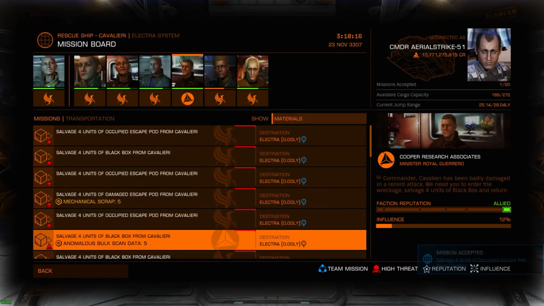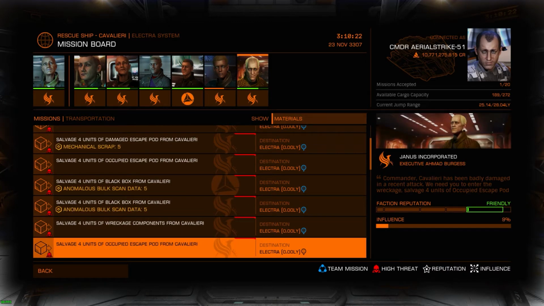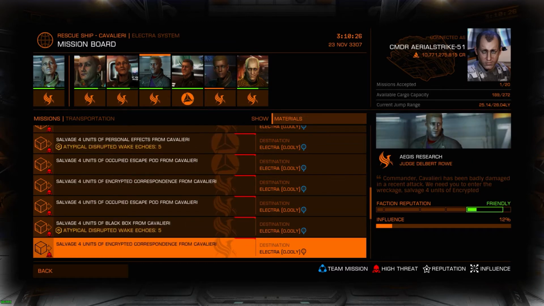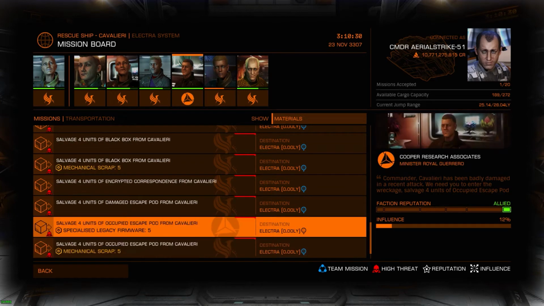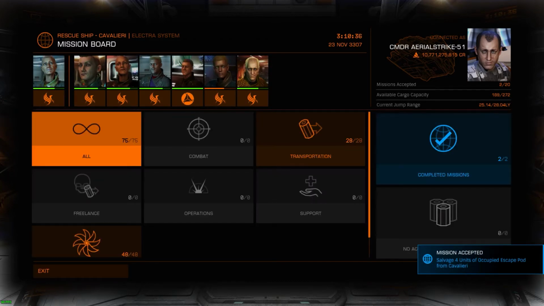So we've got some escape pods here, both occupied and damaged, and a variety of other things. So we'll just go through. We'll find a mission that's got a material that I'd like to have, and we'll start with this occupied escape pod. We'll accept that mission,